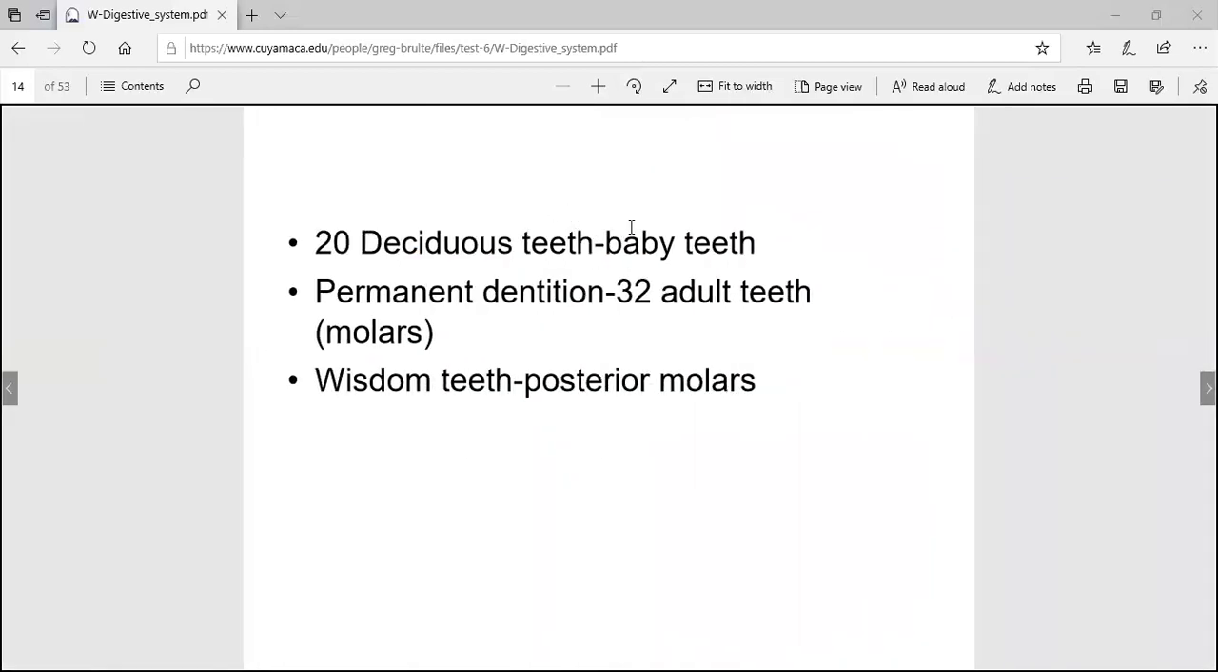Twenty baby teeth. You can call them baby teeth, but it's better to say deciduous. Generally, you have 20, and then those fall out and are replaced, and you get some extras, and then those are